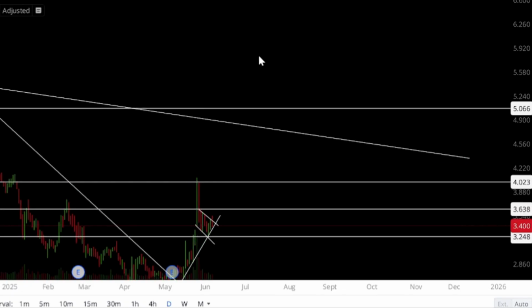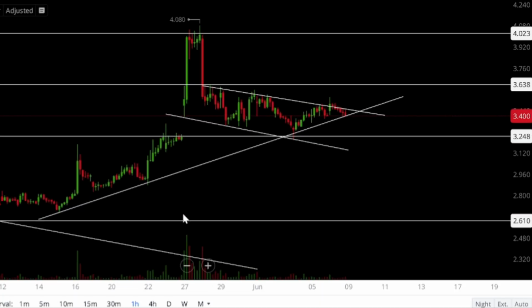You can just see a very explosive move to that $5 level, trying to regain these highs that it had at one point. Take you guys to the hourly chart. You see how close price is to that resistance as well as this overall setting support in this range that it's in. You want to see AMC break out of this range and get above that 360 level and hold